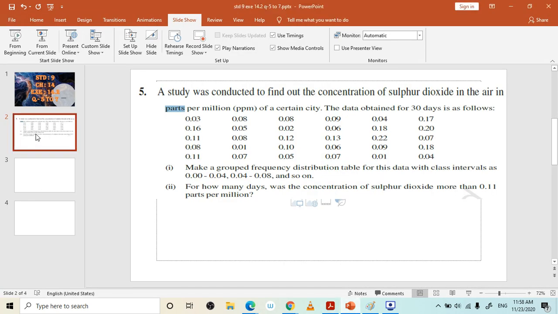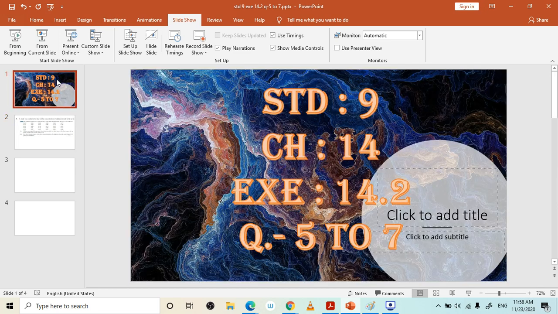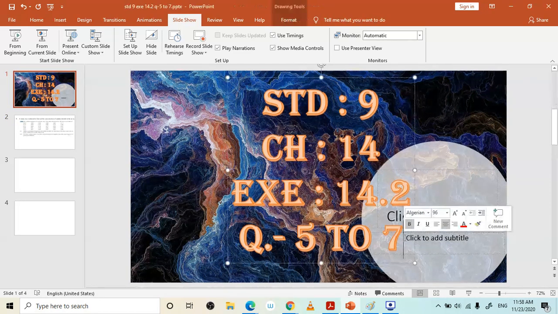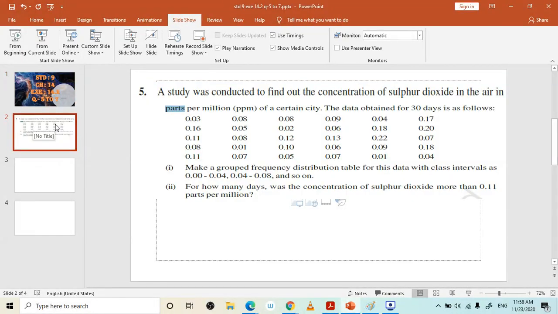Today what do we complete? Okay, the fourth question which is given in homework, and this is the next question. I will try to complete two questions today. Actually I have written here 5 to 7, but I don't think we can complete 5 to 7. Then also, let us see. Okay, see here, the fifth question is there.